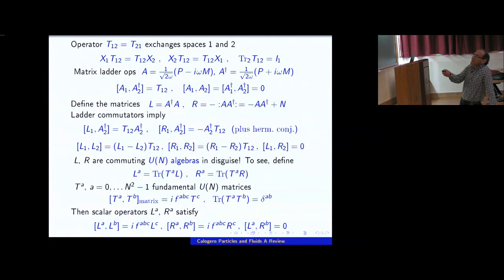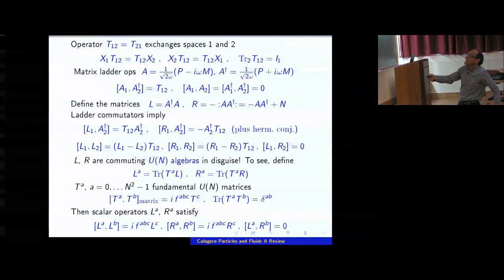That's good, because now we can start trying to mimic what we know about oscillators using these matrix creation operators. We define these matrices L and R. L is exactly what you see, A dagger A, multiplied as matrices. R is this, which is A dagger A, and then I have put this normal ordering. By that I mean the following. You multiply these two matrices in this order, contracting the indices as you would for two matrices. But after you have calculated the matrix element, you reorder each matrix element such that the momenta are to the right and the coordinates to the left. That's what this normal ordering means.